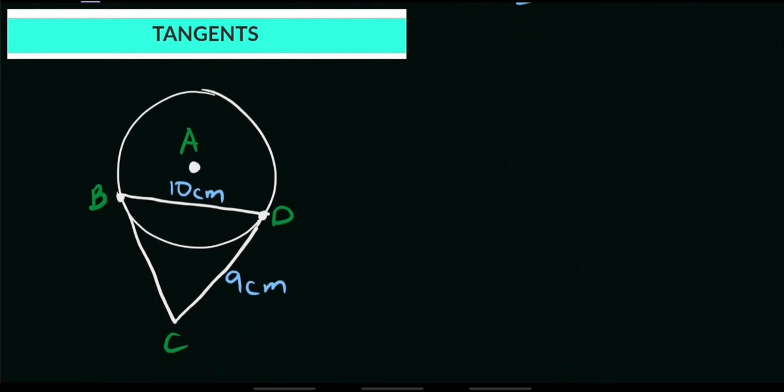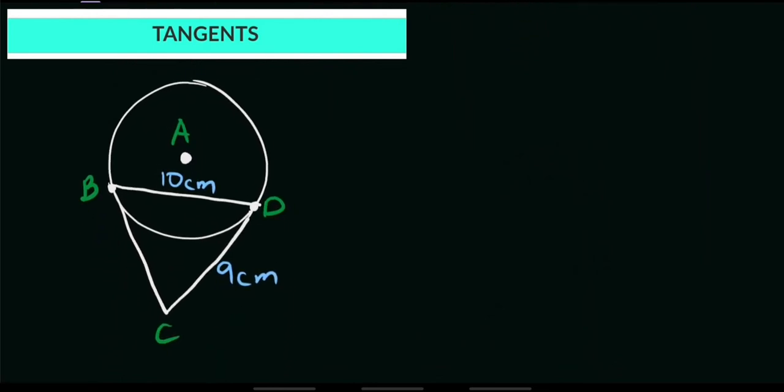Next, for question number two. For example, we are asked to solve for the perimeter. If you are asked to solve for the perimeter of this triangle formed inside a circle, let's say that CD is tangent to this circle and CB is also tangent to this circle A. We have these two points of tangency, point D and point B. Again, according to our theorem, since we have these two tangent lines, CD and BC, they are linked by this external point, point C.